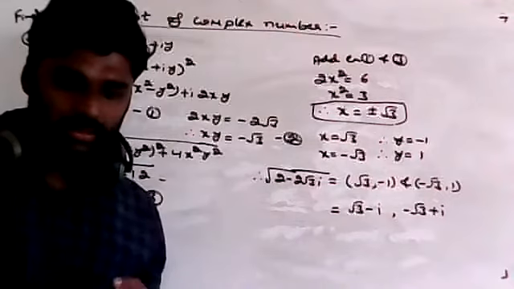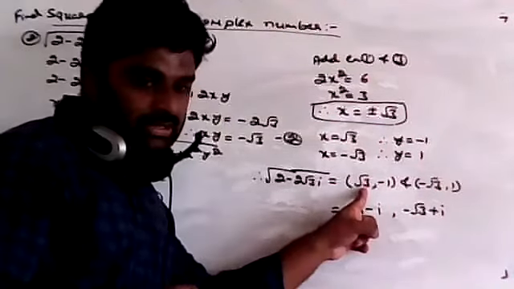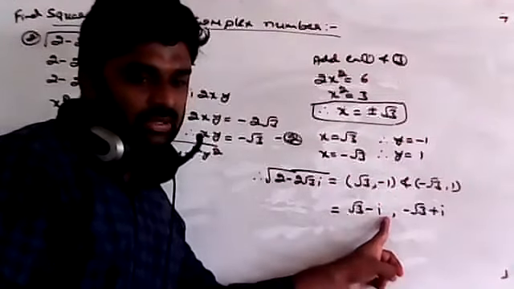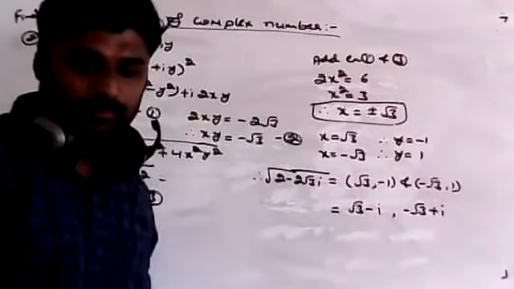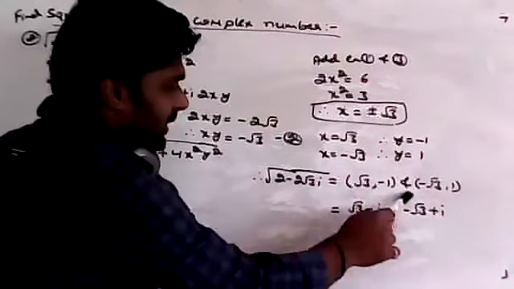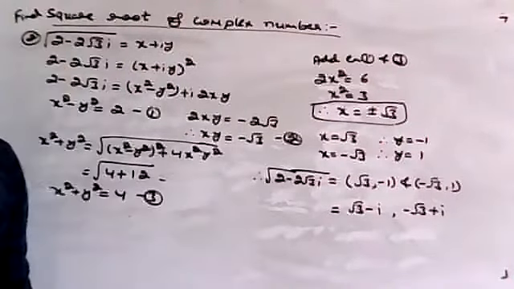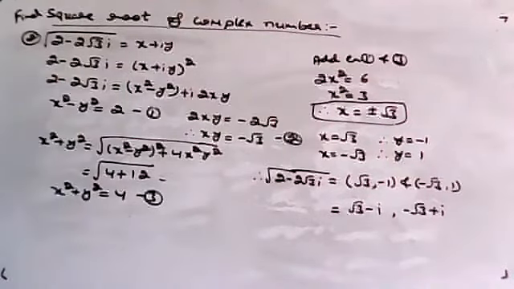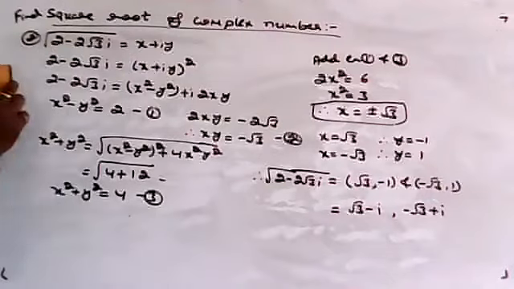Clear? That is not 3 plus i, remember. Because x root 3 is there. In the place of x root 3, that time y is minus 1 means what? Minus 1 into i. And here, minus root 3 plus i. Otherwise, you write this one only. It's okay. Yeah, like that also we can write. Anirudh. Yes. Okay, clear it is? So I'll move on to the next one.